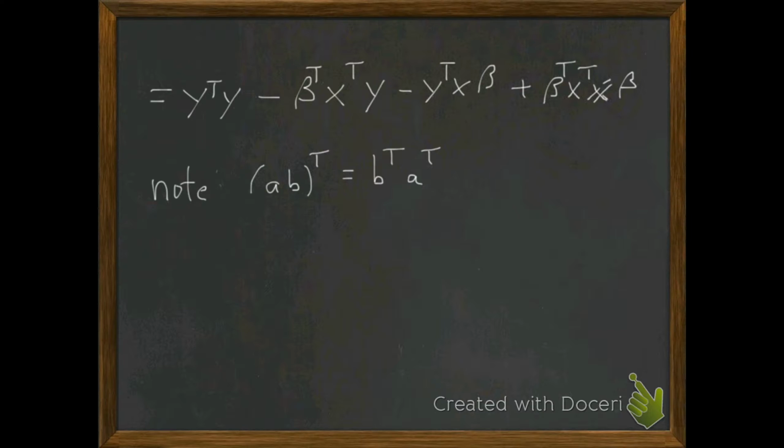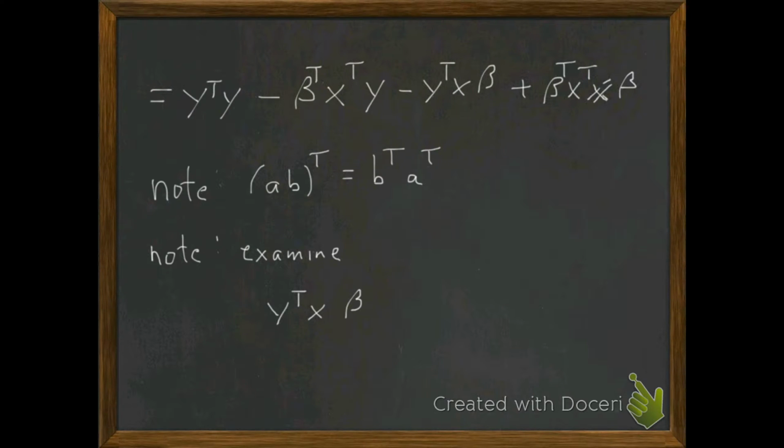Now, there's also a fact that if we have a one-by-one matrix, it is equal to its transpose. So if I examine, for example, y transpose x beta, then what I will end up with is